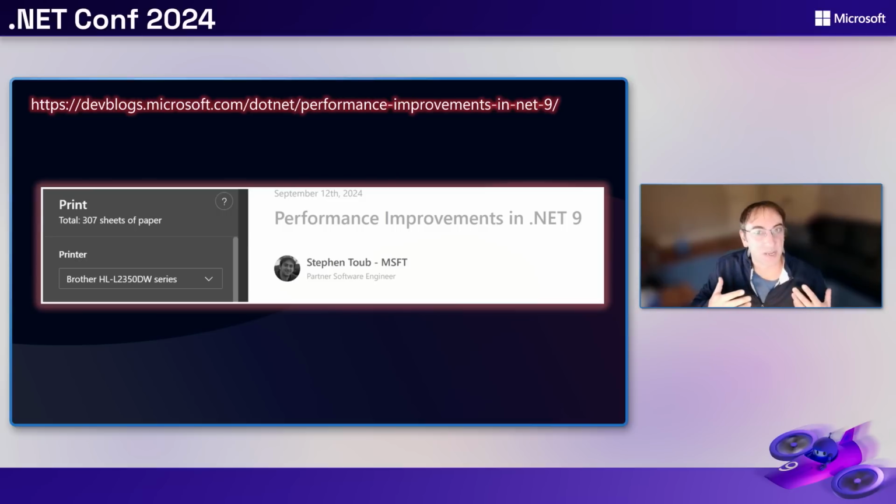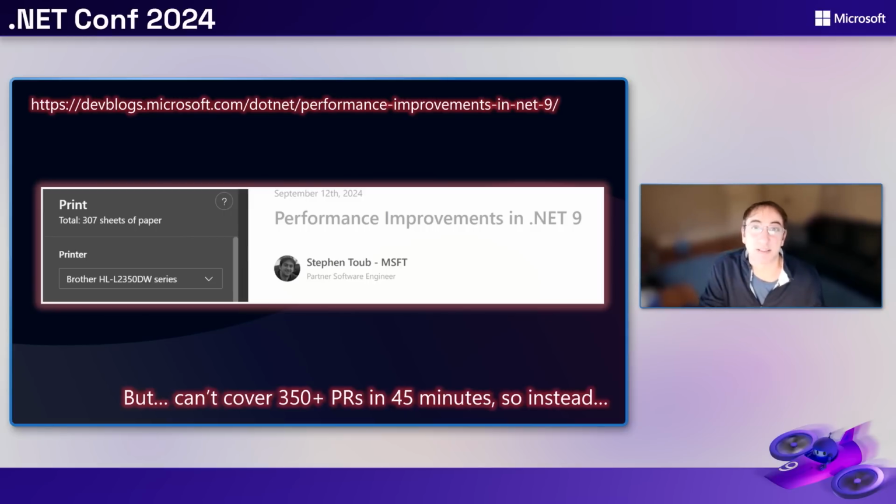But this is just sort of to speak to the magnitude of the number of performance improvements that have found their way into this release. It's also to speak to the fact that there's no way in 40, 45 minutes that I could possibly cover even a fraction of the hundreds of performance improvements that have gone into the release. The blog post covered about 350 of them. So instead, what I've decided to do is narrow it down and focus on a particular sliver, a particular kind